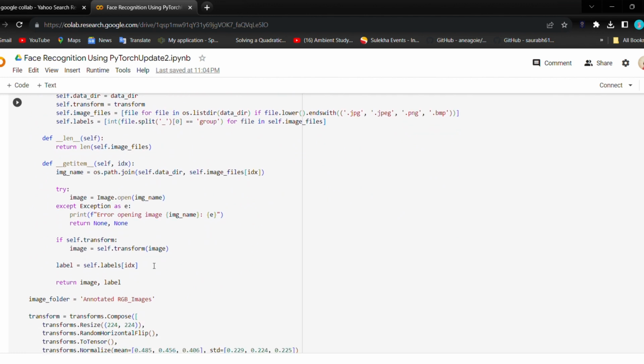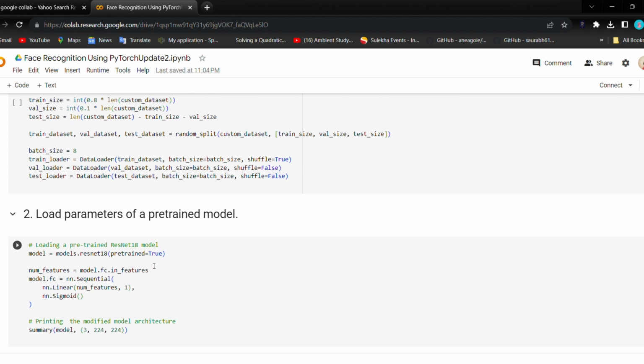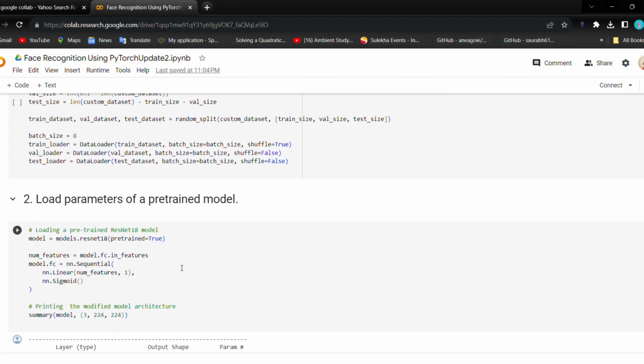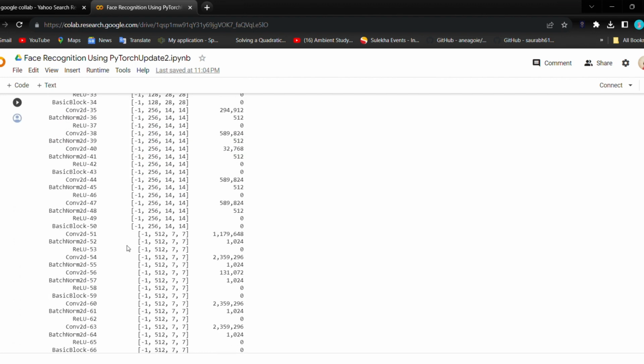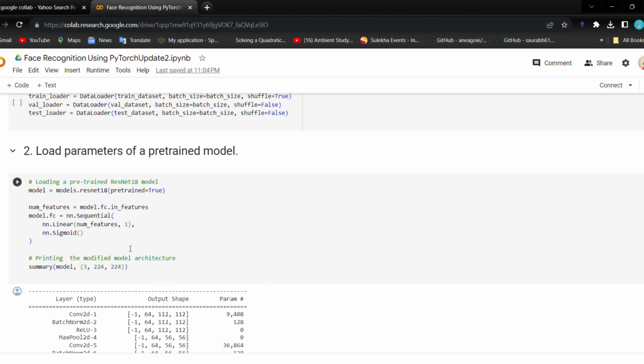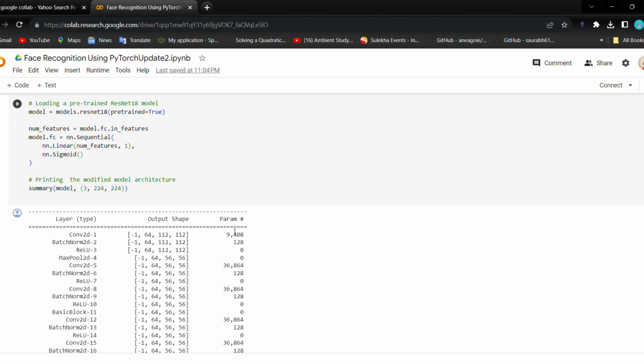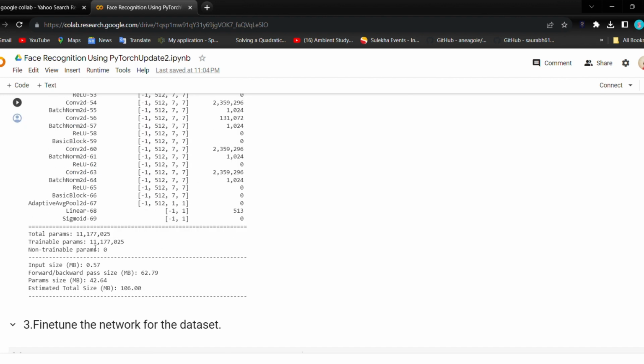Second, a detailed summary of the modified model, including layers, output shapes, and parameters, was provided to offer insights into the model's complexity. We can see the labels like layer, output shape, parameters, and everything.